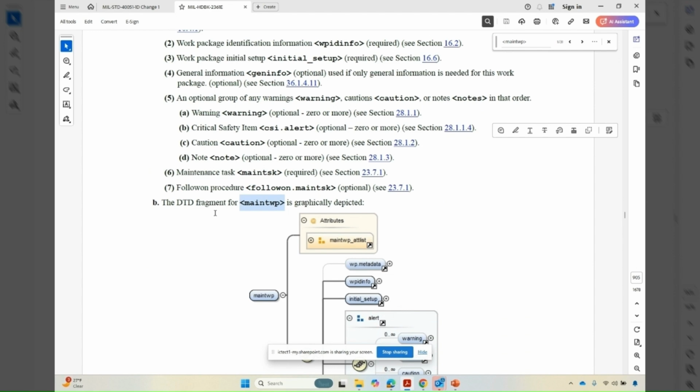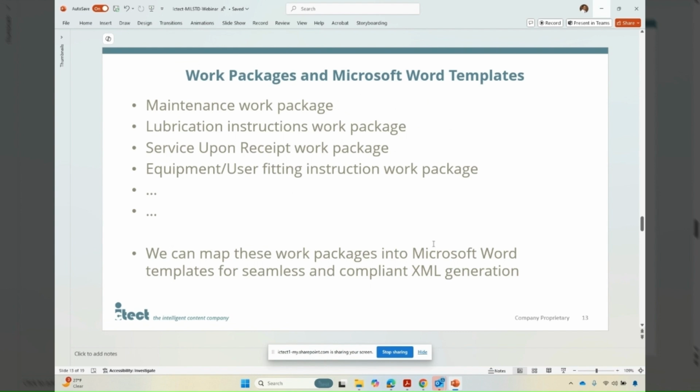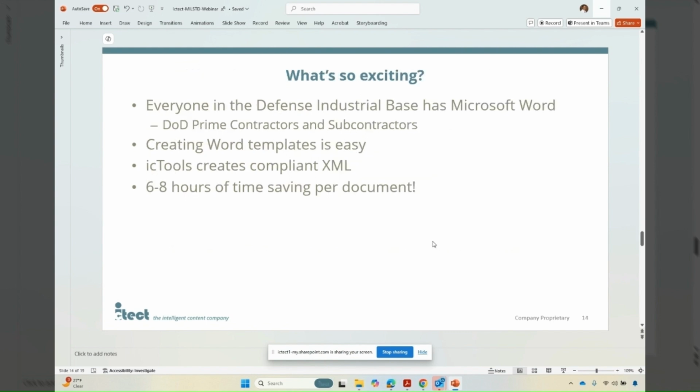Of course, your rules, depending upon what type of equipment you're manufacturing and what types of technical manuals you're submitting, that's all taken into consideration in creating the templates. Now, what is so exciting about it? Well,